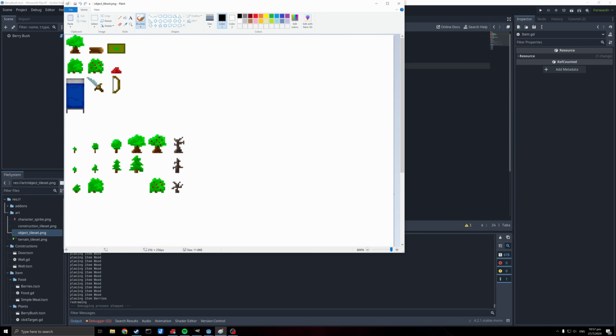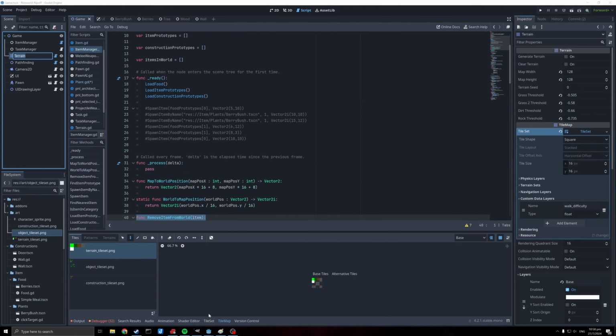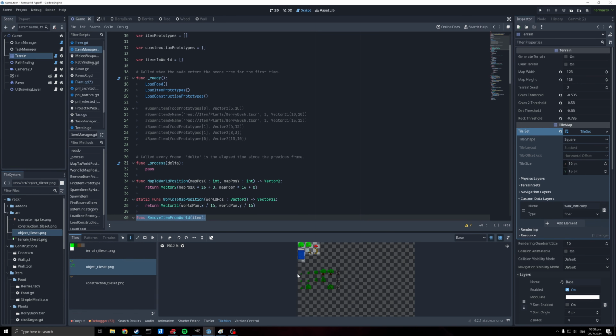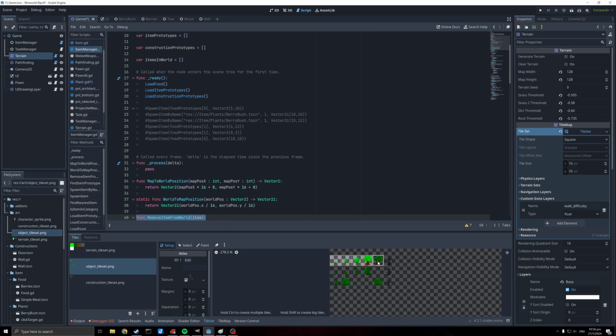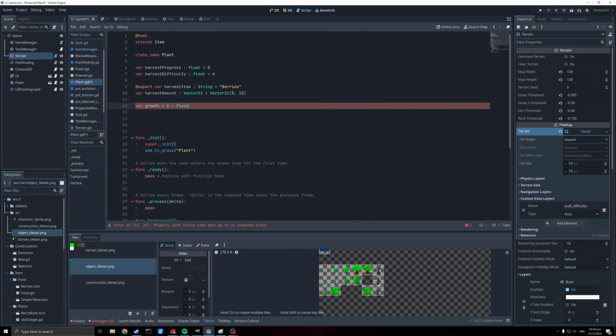Let me just go and make sure we've loaded these tile sets up properly. So my object tile set, yep, got to make sure, whoops. Bring in these new tiles. Okay, now back to our plant. So I think what we'll do,